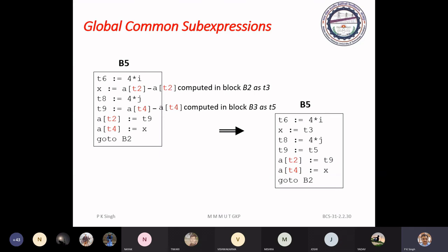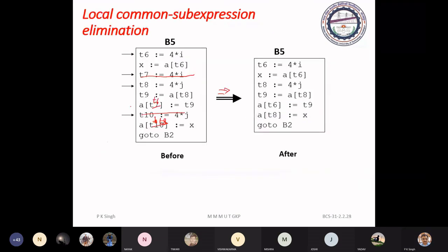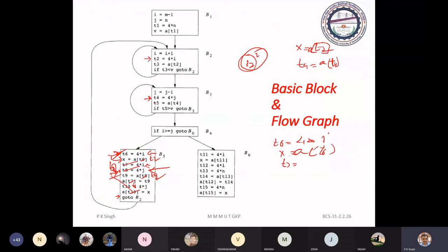Next, see here AT2. AT2 is already computed in basic block 2. Just see. In basic block 2, AT2 is computed in T3. Similarly, AT4 is computed in T5.